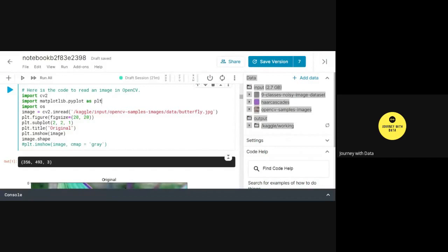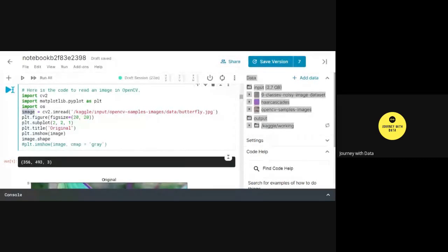If you notice the second line of code, which is import matplotlib.pyplot as plt. Now this "as plt" is nothing but an alias to the bigger name matplotlib.pyplot. So instead of using matplotlib.pyplot all through my code, I will now use plt, which is just an alias for the sake of simplicity. And the third module is os, which is not utilized in this case, but I'll tell you about the importance of this later on.